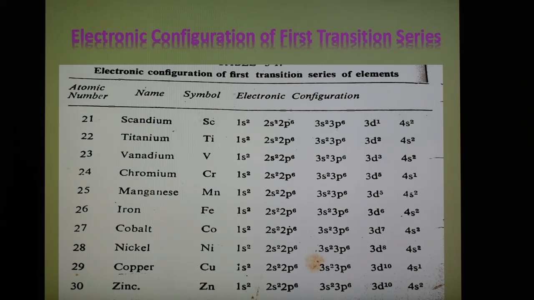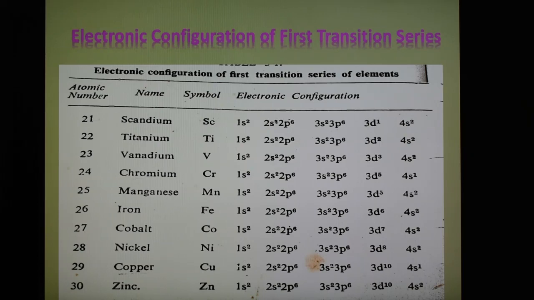This can be explained on the basis of extra stability, or we can say the principle of extra stability, that half filled and completely filled orbitals are more stable. It is also found that electrons tend to occupy orbitals which become exactly half filled or completely filled. Therefore, chromium and copper acquire a special stability by getting the half filled and completely filled configuration. Hence, these 2 configurations are anomalous.